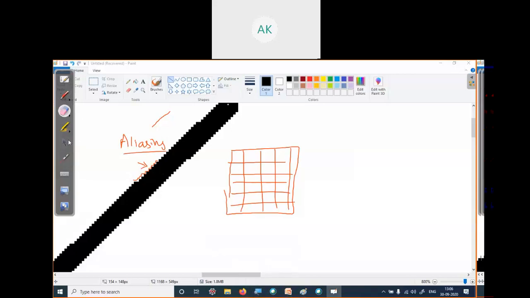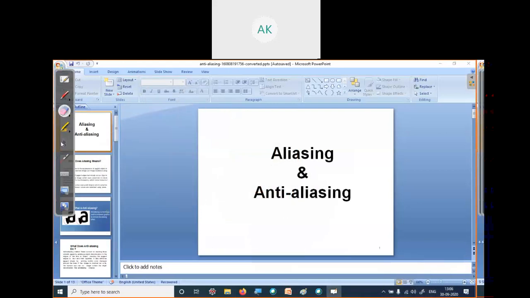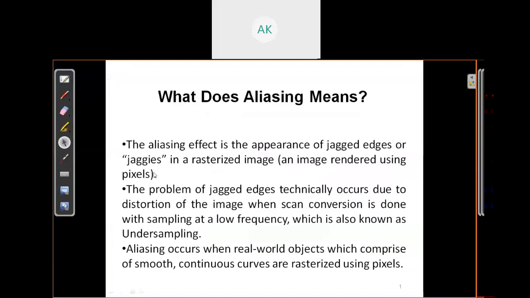So let's go back to our PPT. The aliasing effect is the appearance of jagged edges or jags in the rendered image.